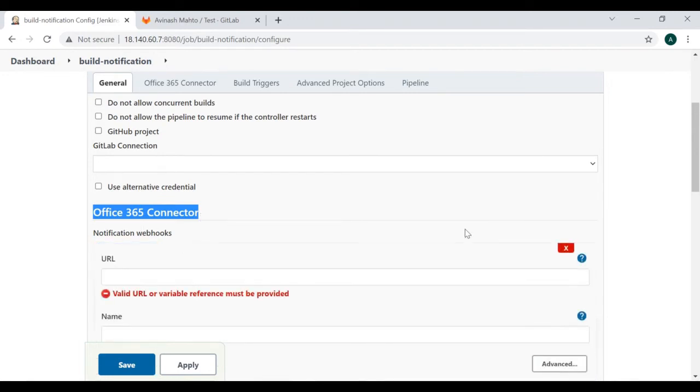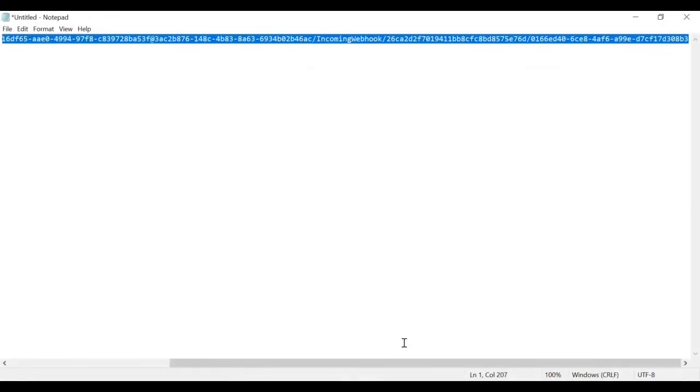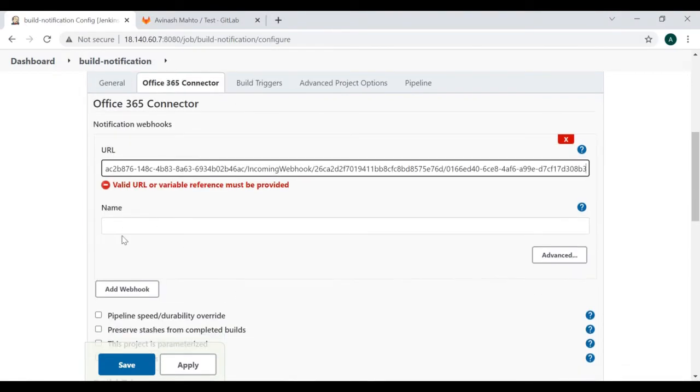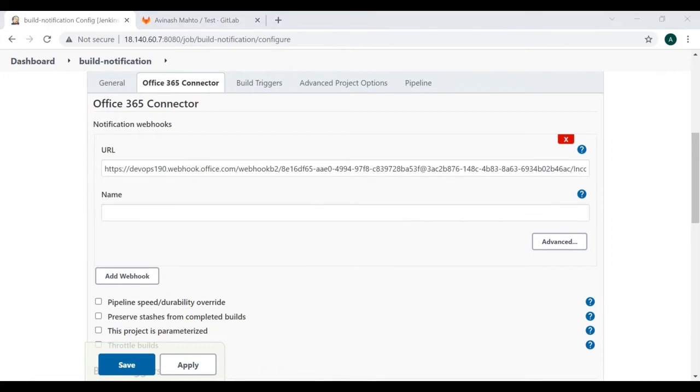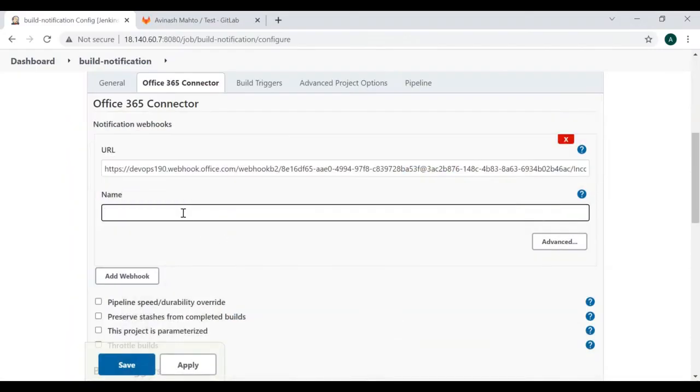So you need to say add webhook. If you remember, I already got one URL when I was creating the connector. That URL I need to place here, and the name. Let me go back into Teams. The name of this incoming webhook is build-alert, right? So I need to give it here as build-alert.